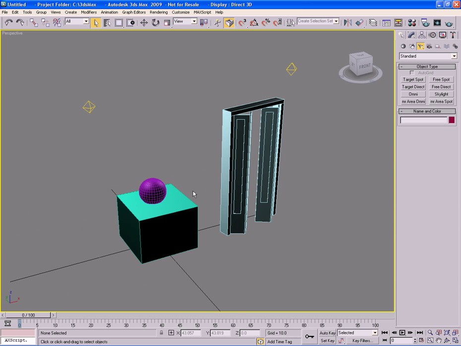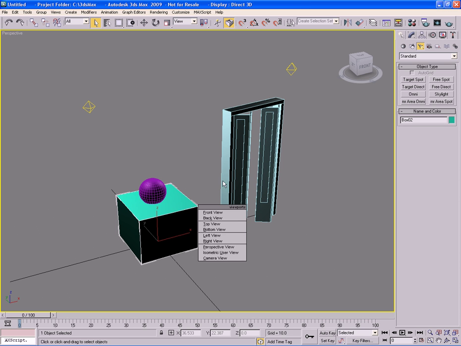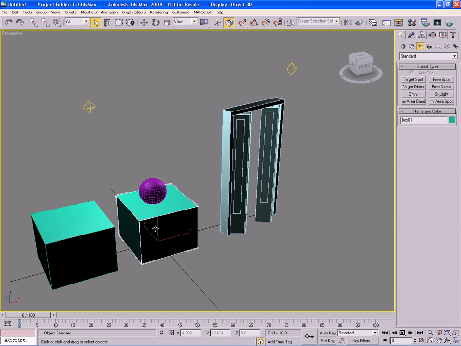Now, what happens if I have, say, another box? Let me just duplicate this real quick. So I have two boxes, and the way to do that is pretty simple. Just hit Control and V on the keyboard to go ahead and make a duplicate of that box. Now, this box here is called box 02. This box is called box 01. How do I know that? Well, if I go over here to the command panel, I can see the name of the object. Also, if you hover your mouse over an object long enough,